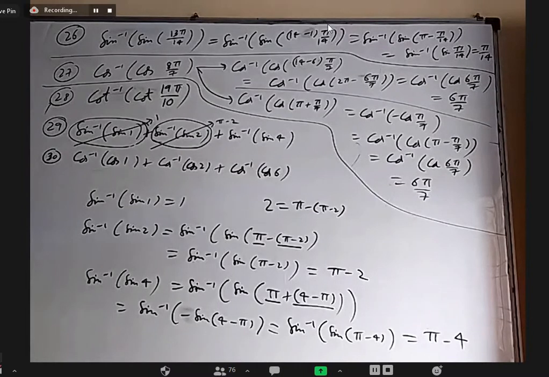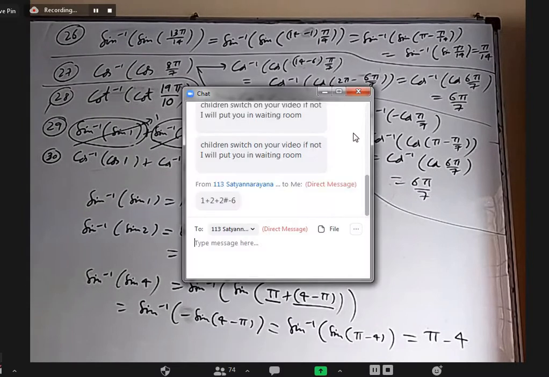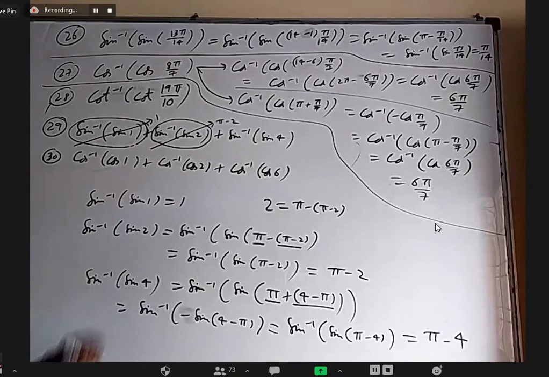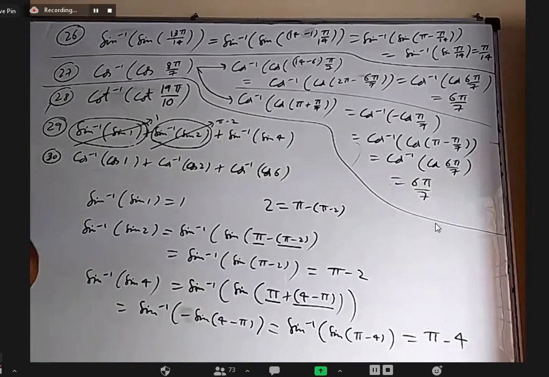Then 29th question, 1 plus pi by 2 minus pi by 4 will add. Yes, correct. There are other ways to do these questions, but purposely I'm giving a hint before. 29 and 30, especially where we wrote 5 minus 10 all, there are some other ways. We'll discuss it a little later.